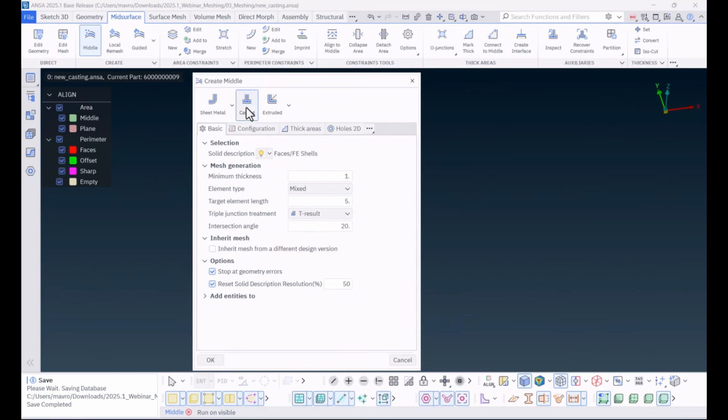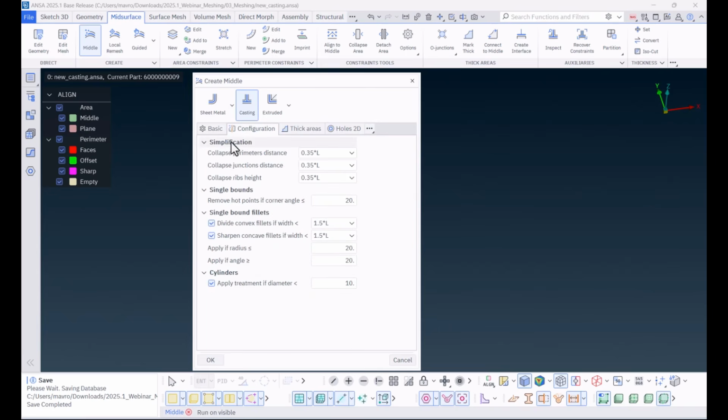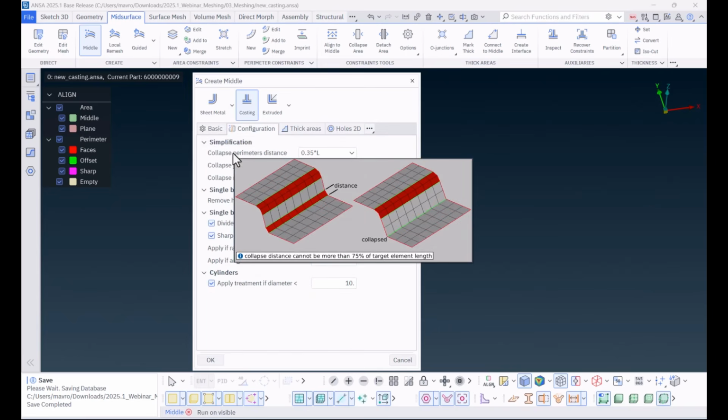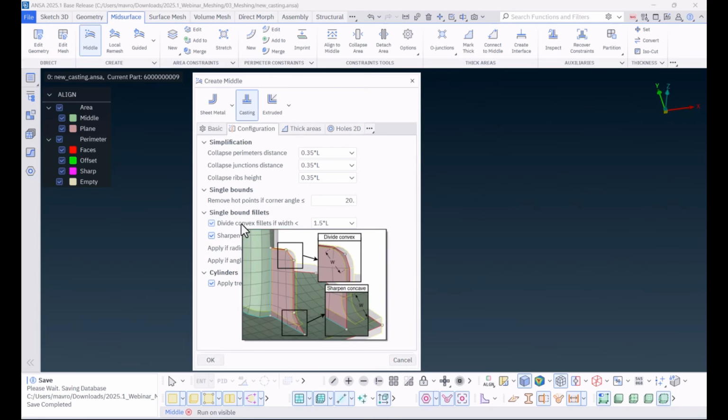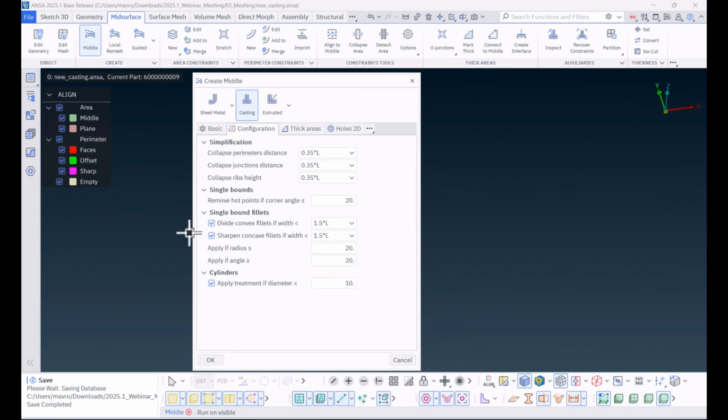The casting function has been also updated. New tabs have been introduced, such as the Configuration tab, which has been enriched with a list of new tools to control mesh at single-bound hotpoints and single-bound fillets. A powerful tool is also now present, which allows for more accurate mesh results on cylinders.